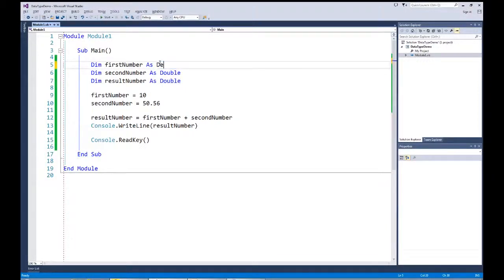Now, if we were working with money, we would want to have something more like a decimal type. And I'm going to do decimal here as well, spelled up here, and I'll also do decimal here. Okay, so let's say I get 50.25